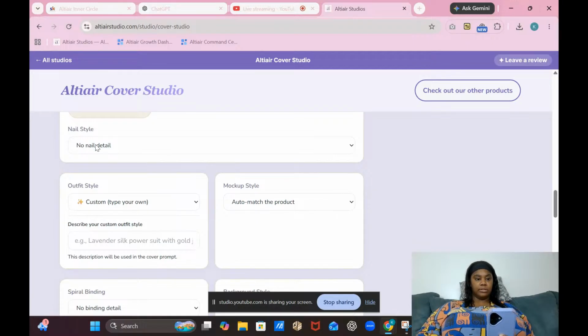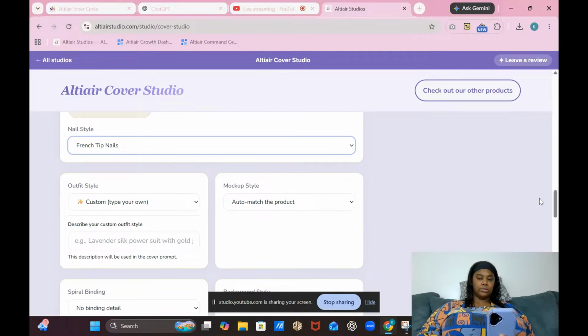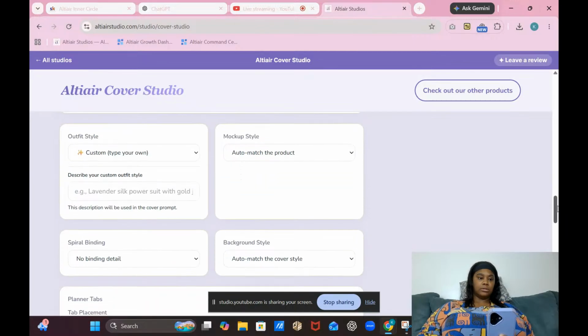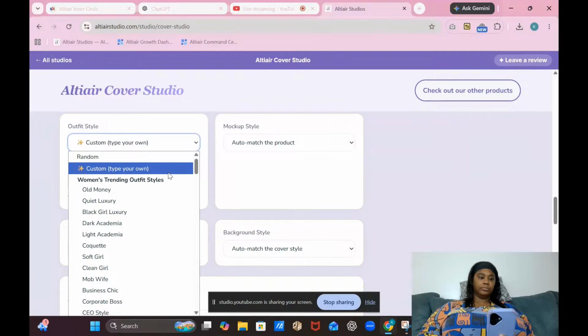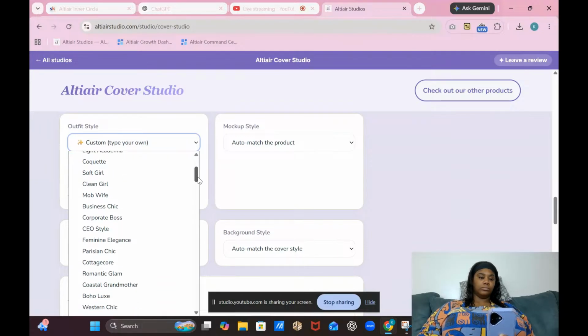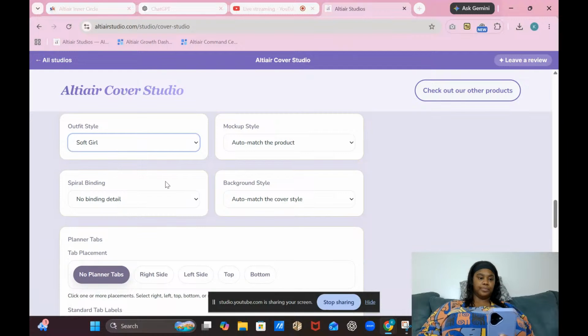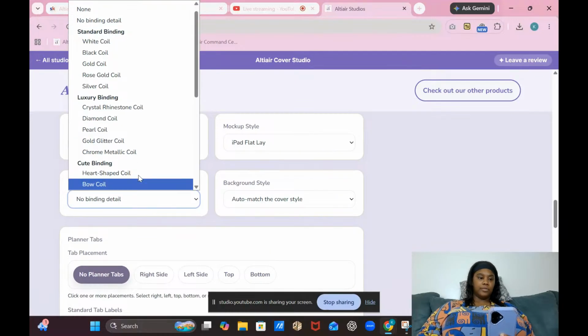Then nail style, I'm going to do French tips nails. For the outfit style, I'm going to do soft girl. For the mock-up, I'm going to do iPad flat lay. For the binding, I'm going to do